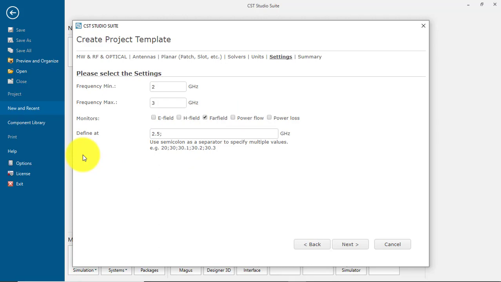In the semicolon, you see, I can add another frequency I want. So the separation between them, as you see in the example, is the semicolon, okay? Or I want a single frequency. So depending on me, maybe I want 10 frequencies, maybe 1, okay? So the separation will be a semicolon. Next,